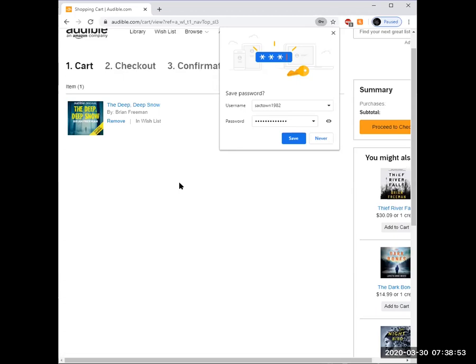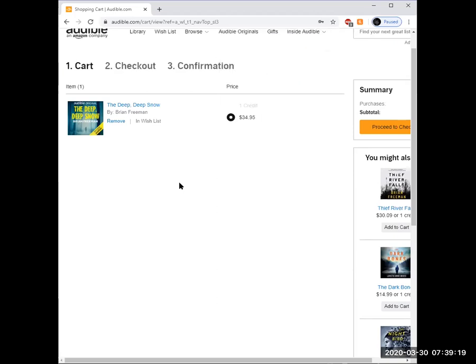So there's a handy feature that will allow me to move between different sections of the screen, and that is F6 and Shift F6. Now, if I hit F6, it would take me to the address bar. So I'm just going to hit Shift F6. Save password. Dialog. Press Alt Shift A to show. Save button. And it moves focus right to the Save button. Enter. Shopping cart audible. Google Chrome. Link proceed to checkout. So now my password is saved, and my focus is back on the Proceed to Checkout link,